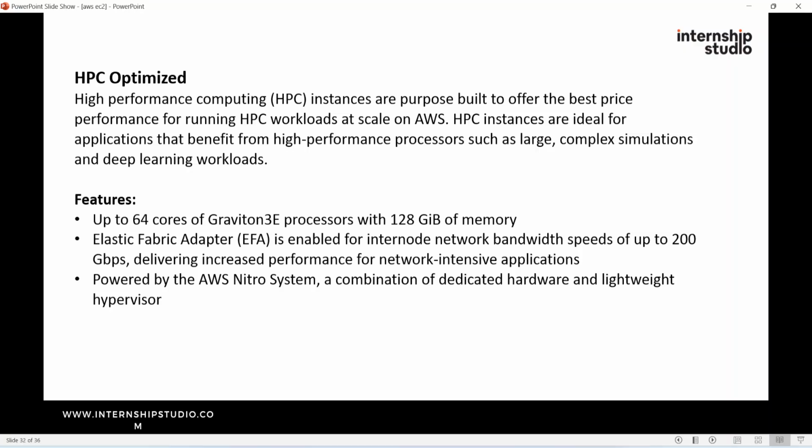So coming to the HPC optimized. We already heard about HPC for compute optimized workloads previously, but here the high performance computing instances are purpose built to offer the best price performance for running HPC workloads at scale on AWS. HPC instances are ideal for applications that benefit from high performance processing, such as large complex simulations and deep learning workloads. The features available here are up to 64 cores of Graviton 3E processors